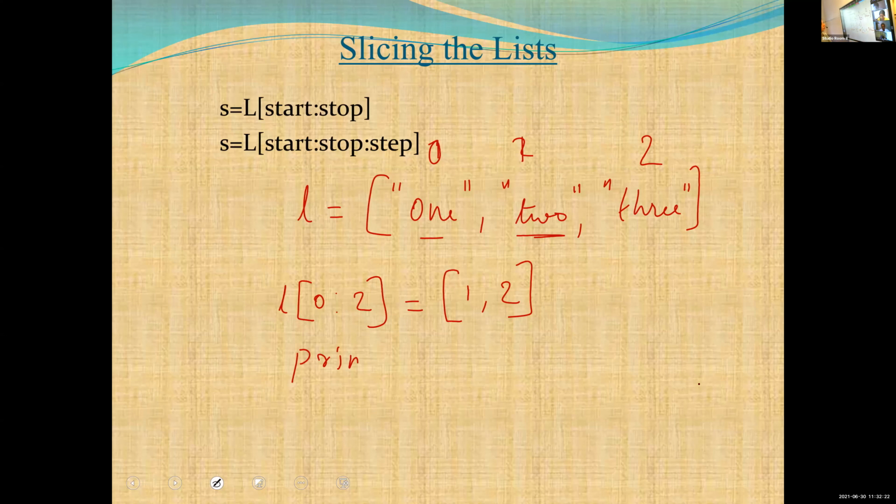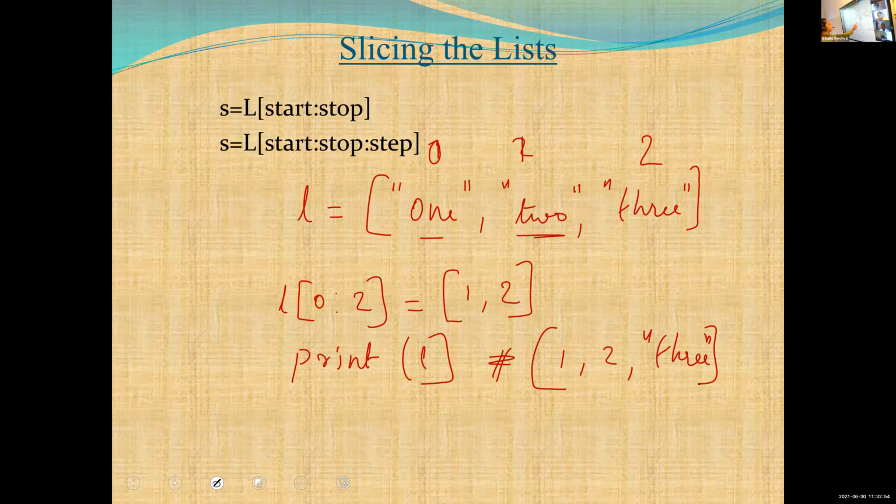Okay. So this is the slicing method used for modification. If you want to modify a list, we can use the slicing method. First represent the slice value, that is L of 0, 2. If you want to replace 1 and 2, we will just write L of 0, 2. Then which values are used for replacing or for modification?